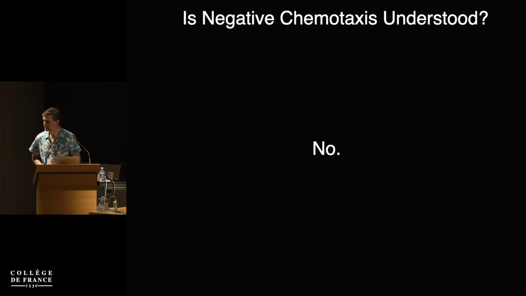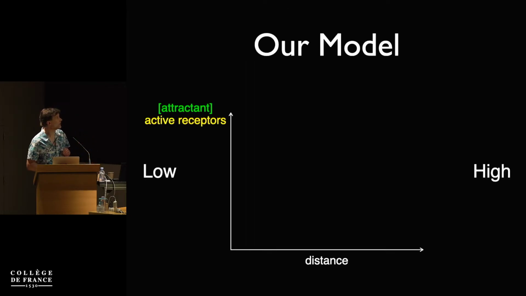Easy, no. I haven't got time to explain why there are real problems with negative chemotaxis, but it is very difficult to understand how a eukaryotic cell may do negative chemotaxis. Bacteria do it with no trouble at all, but eukaryotic cells find it very difficult indeed. So I'm going to cut straight to the chase. There's not very much time left.